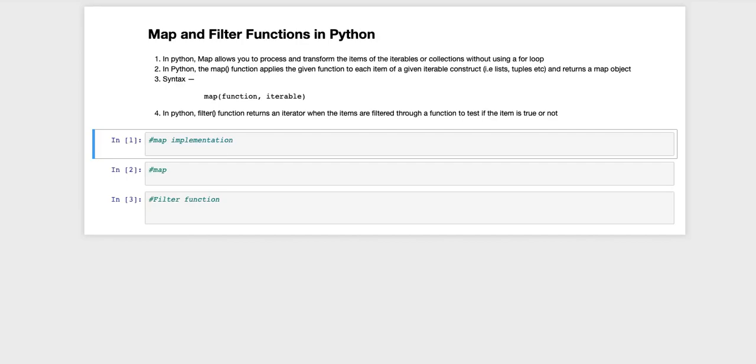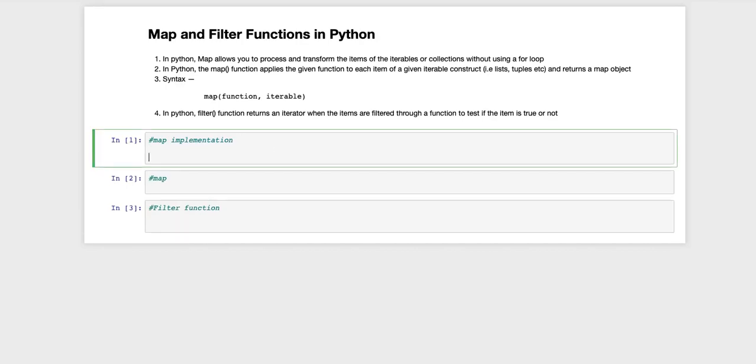In Python, the filter function returns an iterator when the items are filtered through a function to test if the item is true or not. In this coding exercise, I am going to implement a map function and a filter function. This video will be divided into two parts. In order to implement map, we will first create a list, maybe the days of the week,